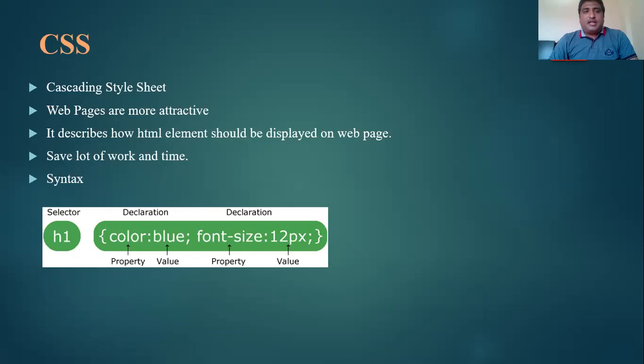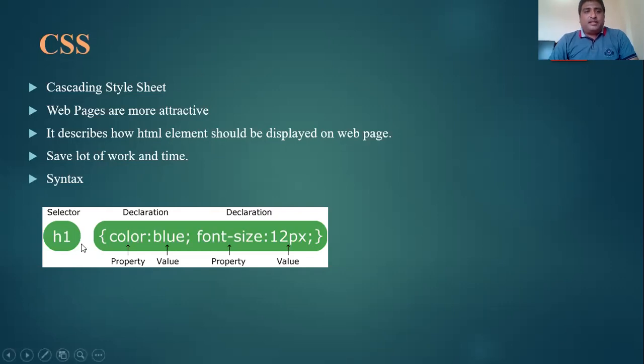It describes the how HTML element should be displayed on the web page. It saves a lot of work and time. So if we are using external types CSS, then we can create the CSS only one time, and that properties we can use a number of times. So it will save our work and time.